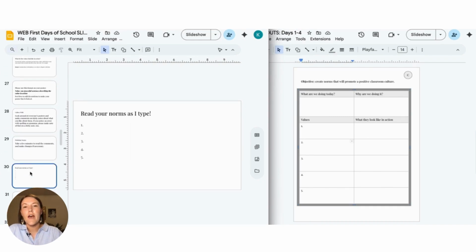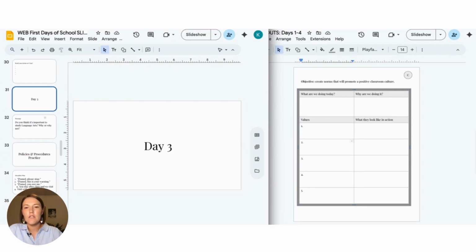Then I'm going to have the groups read to me their value and what that value looks like in action. And then those become the norms that the students are going to use throughout the year. And after they've created the norms, I'm going to tell them to have a really good day. Then day 3,